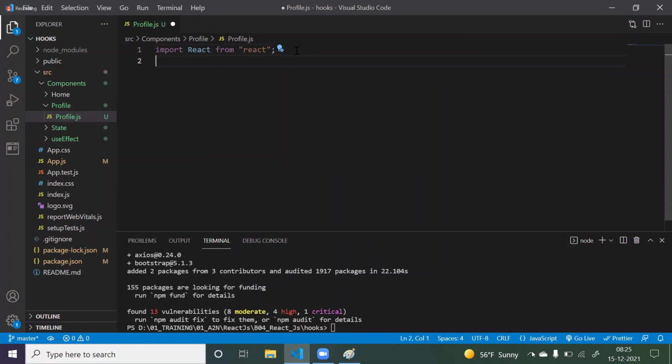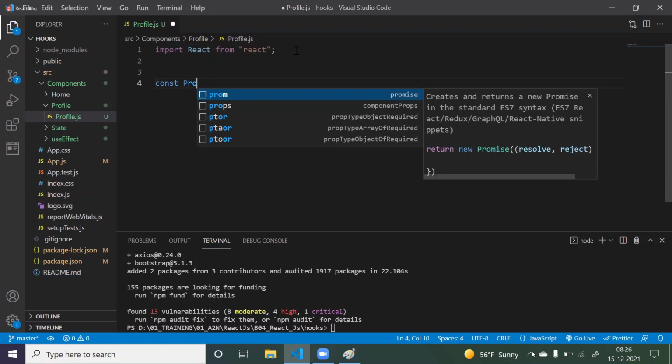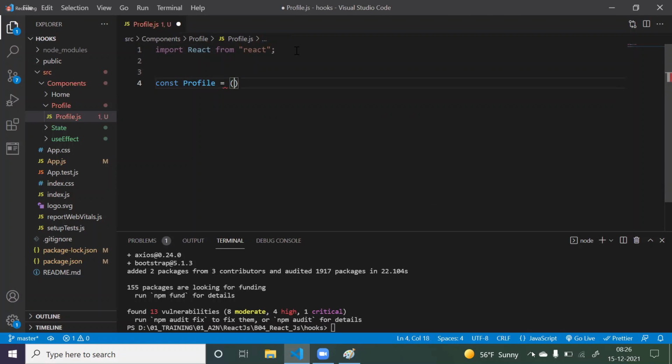Then just create one normal function. You can create an arrow function also, no problem. It's not like you have to create only a normal function. So here I'm creating one arrow function called profile, equals to an arrow function. Now here we have to write the UI, and whatever UI we write, we have to return that. And finally export default profile.